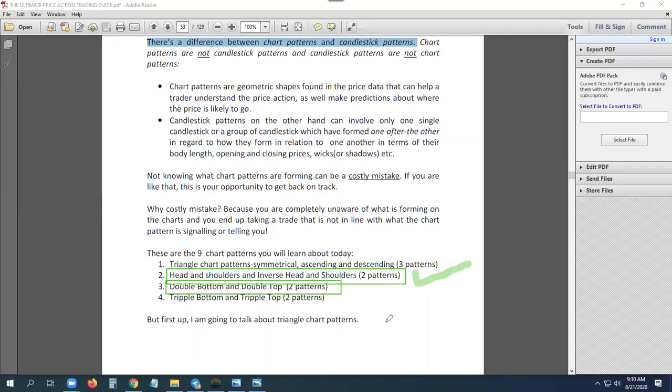They're the most accurate of all the 9. Head and shoulders and inverse head and shoulders are very accurate, with more than 70% accuracy, if you find them and you are able to trade them. Followed by, I think, double bottoms and double tops. Now, remember, these ones are rare, but if you find them, you can trade them.